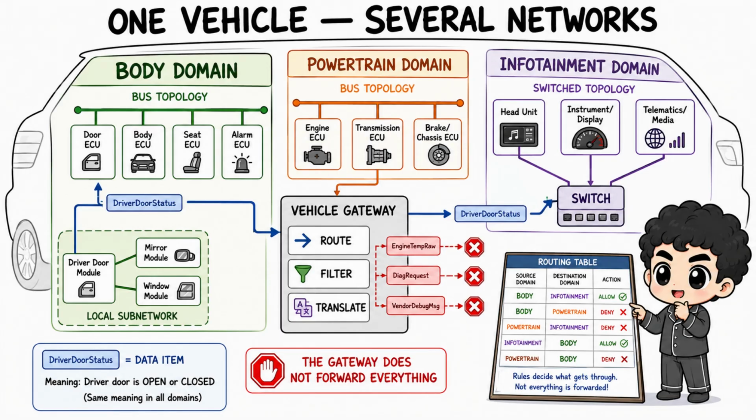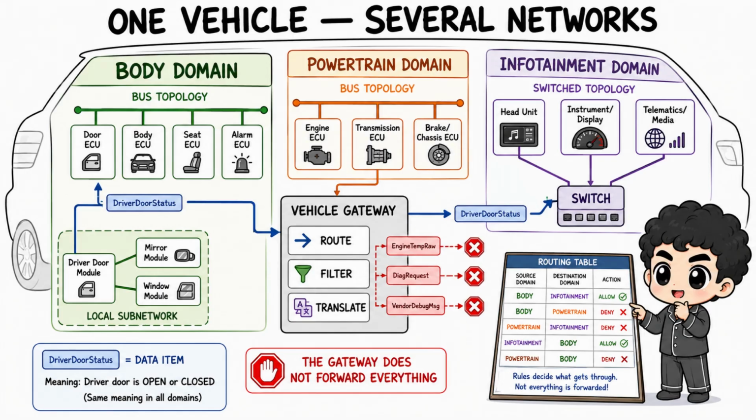A gateway connects otherwise separate vehicle networks or domains. It may route selected information, filter traffic, or translate between different communication technologies. A gateway should not be imagined as blindly copying every message to every network. For example, a vehicle gateway may receive a door status value from a body network and provide the required representation to another domain. The gateway must preserve the intended meaning while respecting the timing, routing, and security rules of the